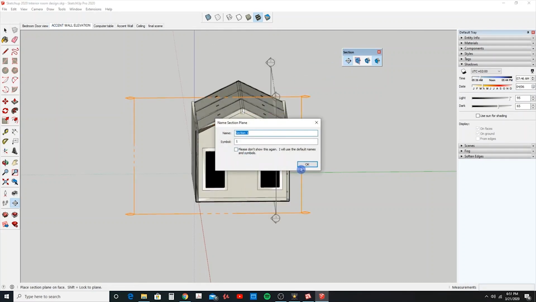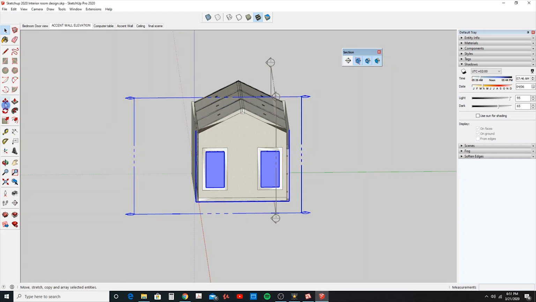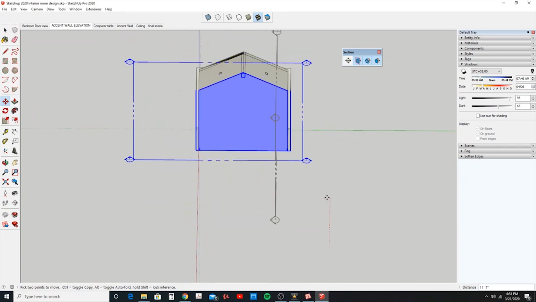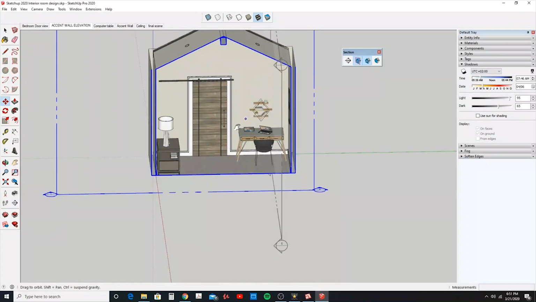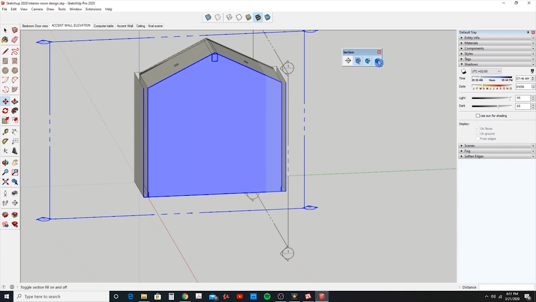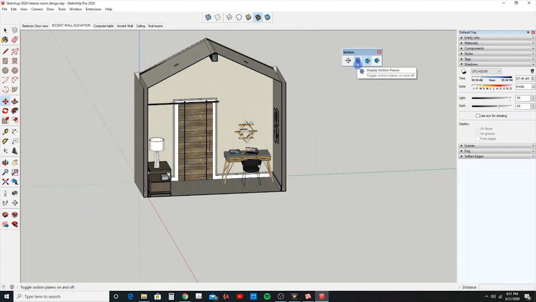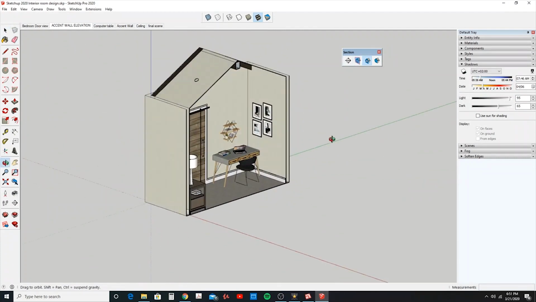we'll click here, and we'll call this our desk elevation, and we'll go ahead and use the move command to get that where we want, and I'm just going to leave it there, and we want to get rid of that right there. It's just kind of filling in the cut, and I don't want it to do that, so we're going to leave that out. Let's turn off that section so we don't see that filter, and then I'm going to highlight